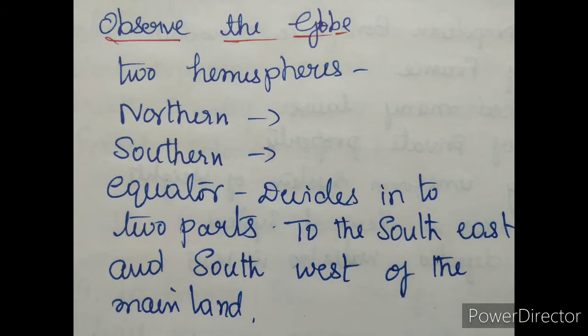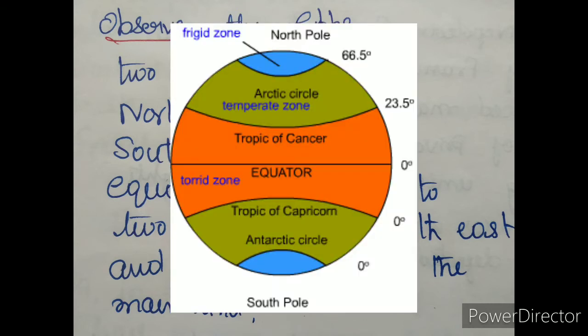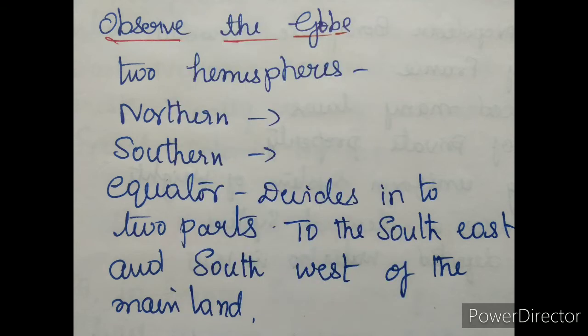That is the location of the map they are explaining here. Okay, it is entirely in the northern hemisphere. The mainland extends between the latitudes and the longitudes. The Tropic of Cancer, 23.30 north, divides the country into two equal parts. That you already learned. To the southeast and the southwest of the mainland lie the Andaman and Nicobar Islands and the Lakshadweep Islands in the Bay of Bengal and Arabian Sea respectively.